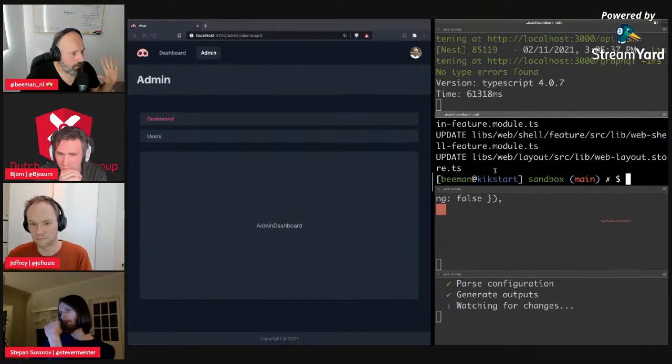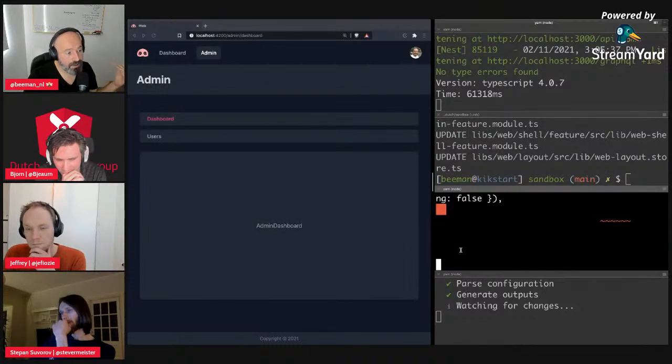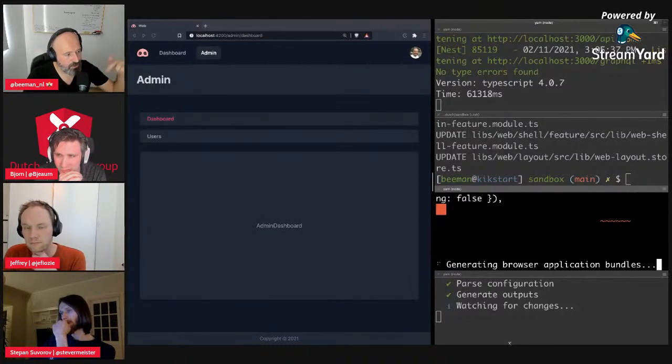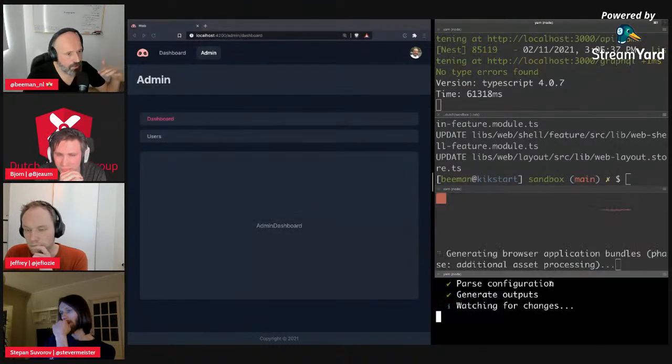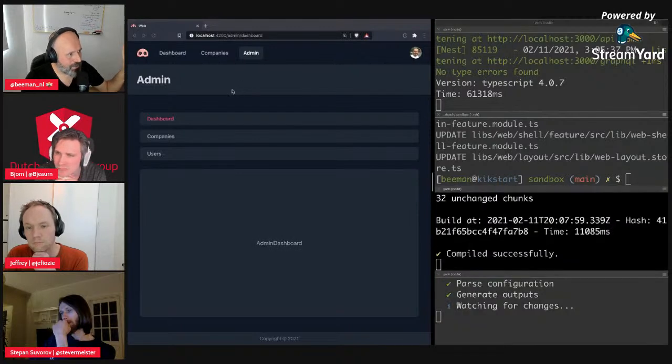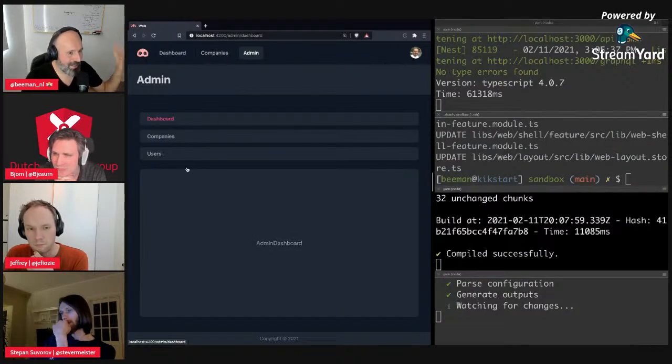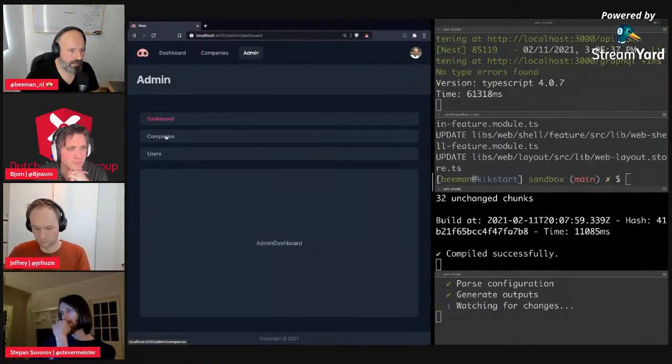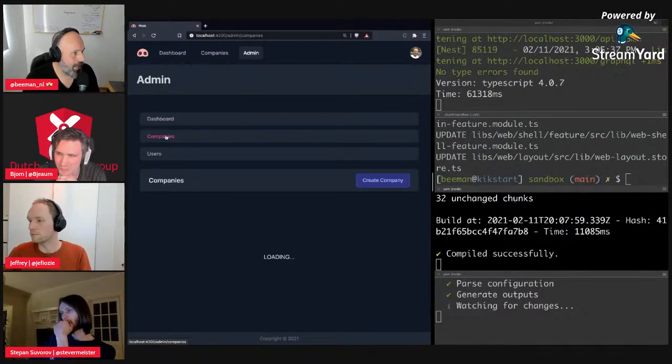Now, this all got generated, and you see here that the Angular part has an error. This is kind of a race condition because it's still waiting for these things to build. So you've got to have a little bit of patience. But now what you can see here is that it added the companies up here and it added the companies up here. So we automatically have now, for our newly created item in the database, our admin UI,